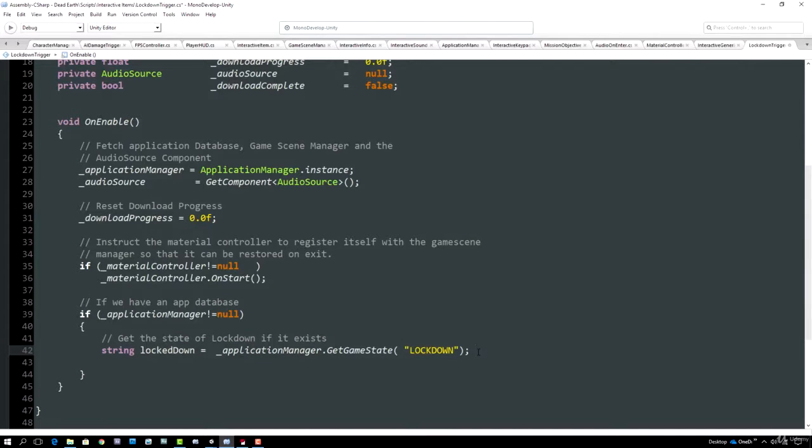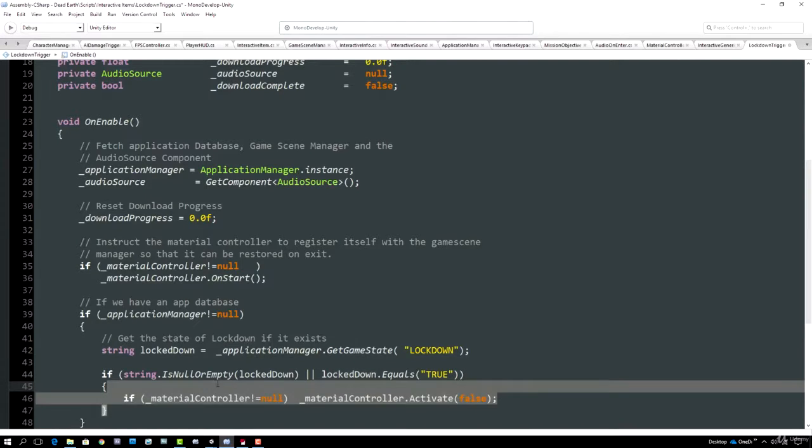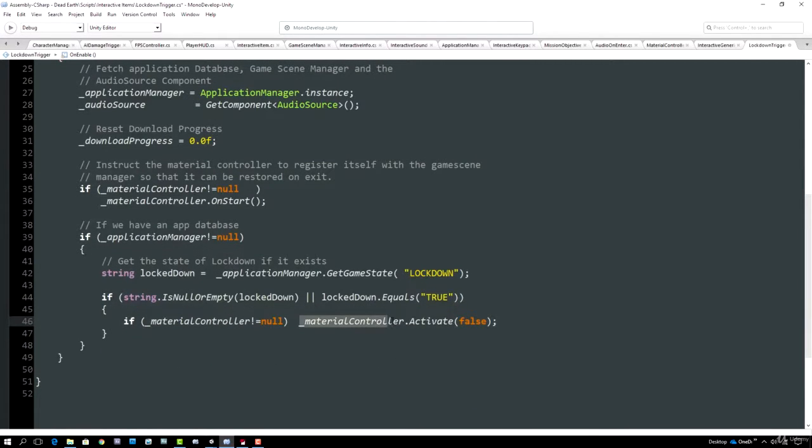So let's first of all check if lockdown is true, and we are in a locked down state. So we'll see if that value we just got back from the game state dictionary equals true, then we are under lockdown, in which case we will call our material controller's activate function, but we will pass in false, instructing the material that it needs to reset its properties back to how they were at level startup. In our case, that means the red computer screen, the one that says we are under lockdown. We'll also need to deactivate the